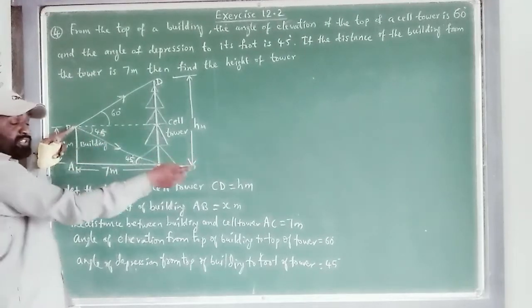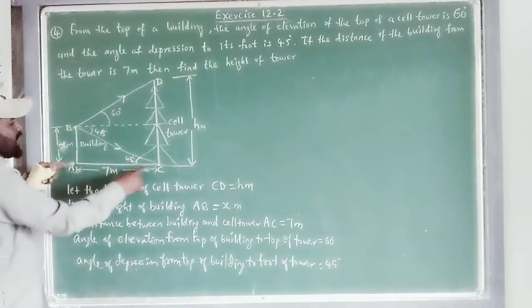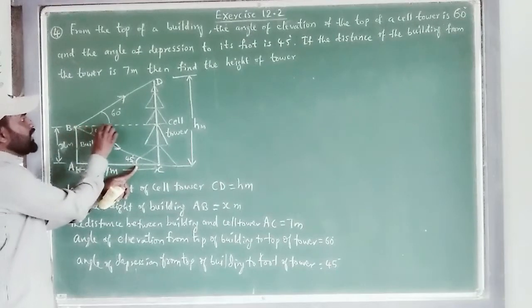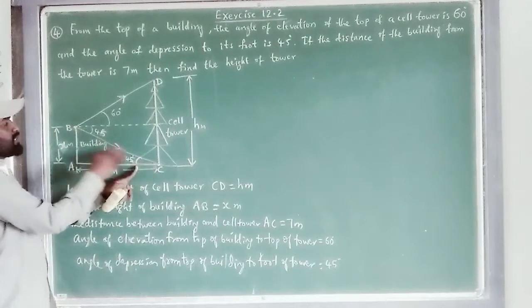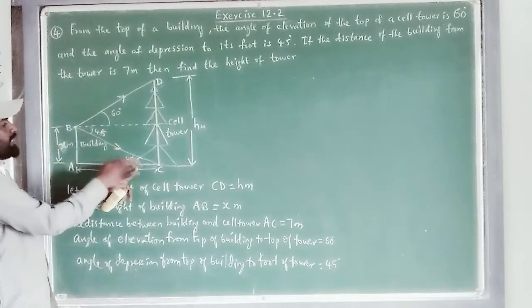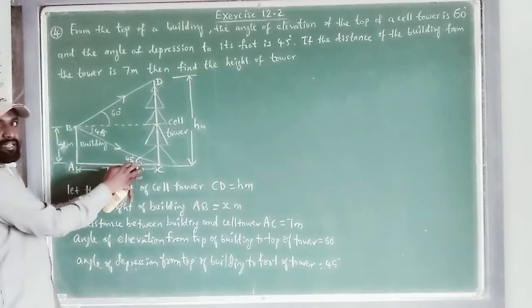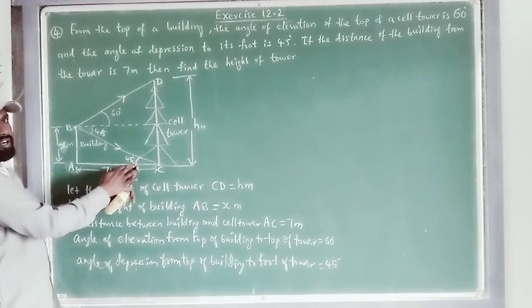But when we are going to utilize the trigonometric ratios, we need the help of the triangle. So in the triangle ABC, this angle will be here, as this line is a straight line which is parallel to the ground surface. This becomes a transversal. Now these are alternate interior angles. Here whatever angle is there, the same angle will be here, as alternate angles are equal. So here 45, it will come here also 45.